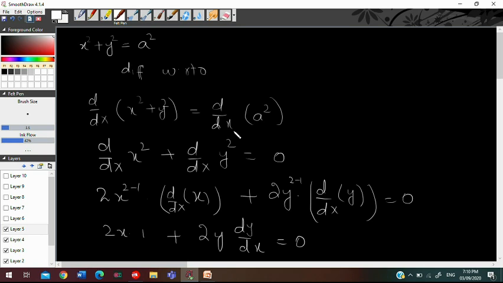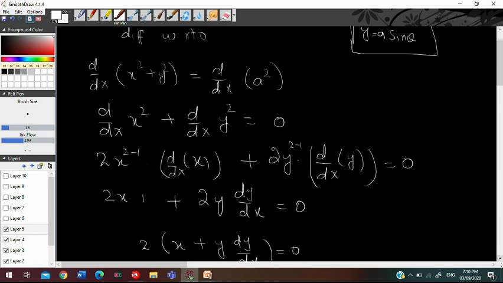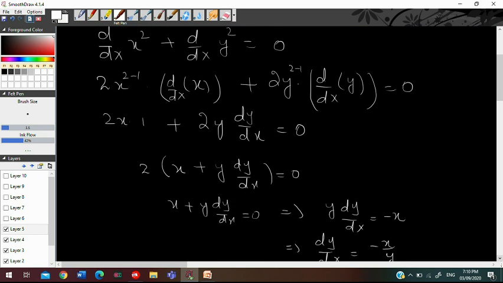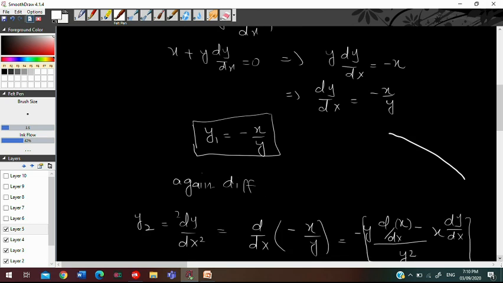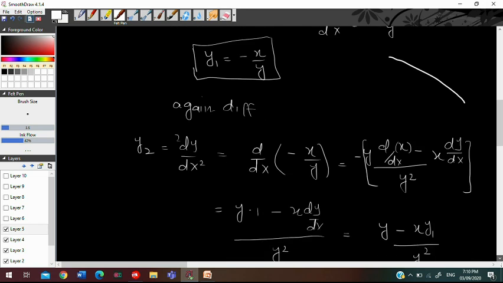On the previous page we know that y is equal to a sine theta and x is equal to a cos theta. That was your question. So we use this value a sine theta, and then we use the y1 value, which is the first derivative of our function. So we substitute these values in this equation